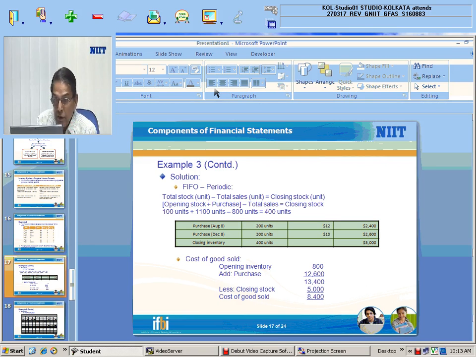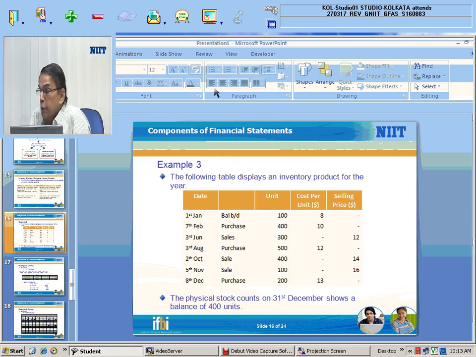See, first look at the earlier table. Just try to see, how many units are left? Closing inventory of 400 units, are you clear on that? Opening inventory has 100 units. Total purchase is